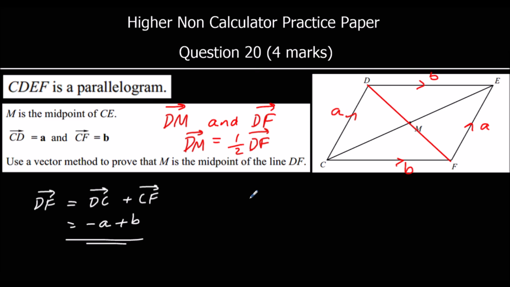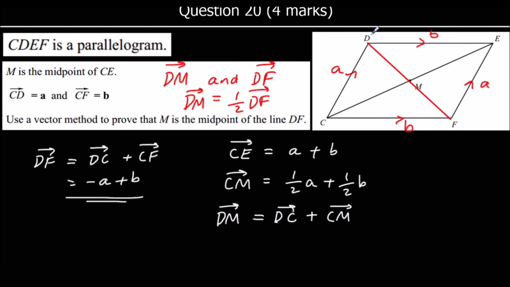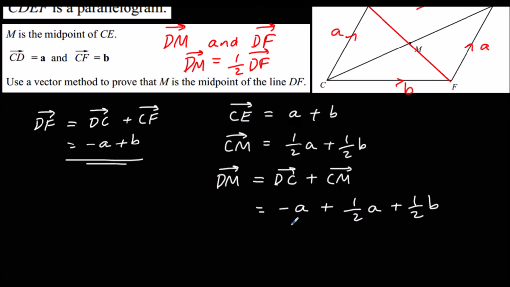So there's D to F, that's done. Now D to M. So if I work out C to E first, then half it for C to M, then I can go from D to M. So C to E is A plus B, which means C to M is half of that, half of an A plus half of a B. Now I can work out D to M because it's D to C and then C to M. D to C is called minus A, and then C to M is a half A plus a half B. Minus A plus half of an A is minus half an A,